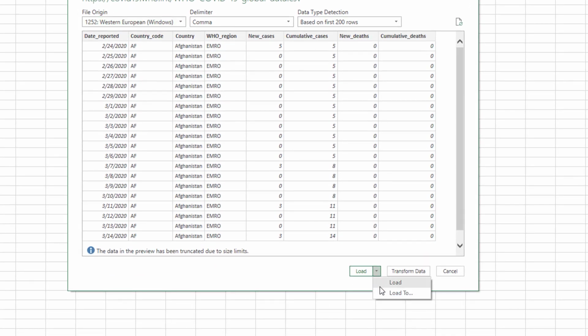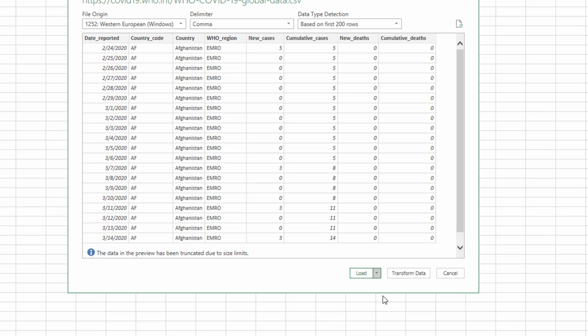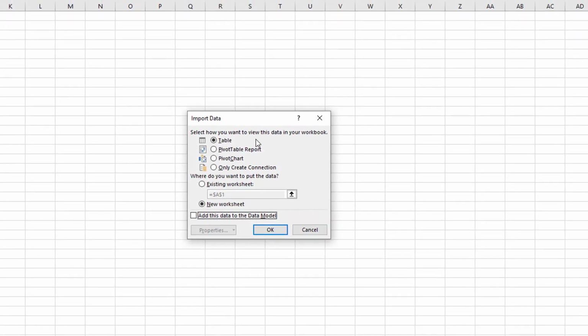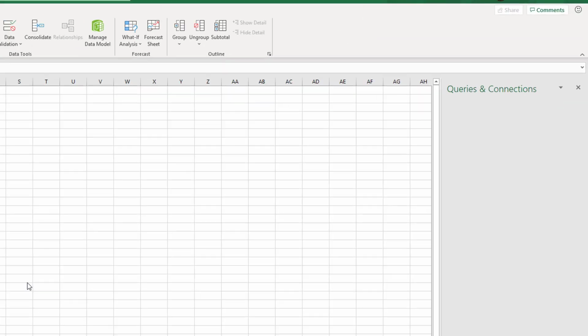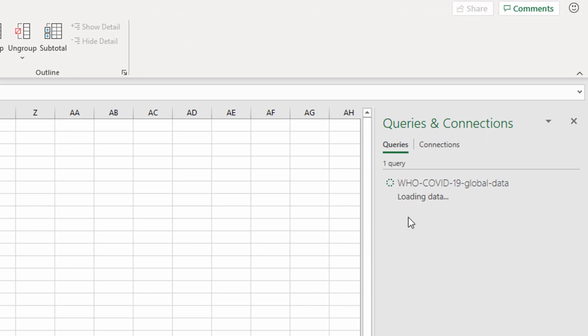We need to load the data, but we're not going to load it to the sheet. We would like to load it to the data model, and that's why you need to choose load to. Once you get this dialog box now, click on only create connection, so that will prevent the data from being loaded to this sheet, and instead click on add this data to the data model, which means that you're going to load the data to Power Pivot. Okay, hit OK, and as you can see, Power Query start loading the data from the web page,